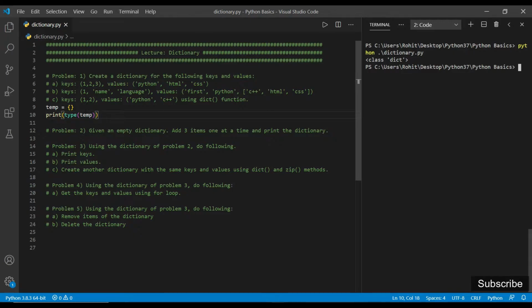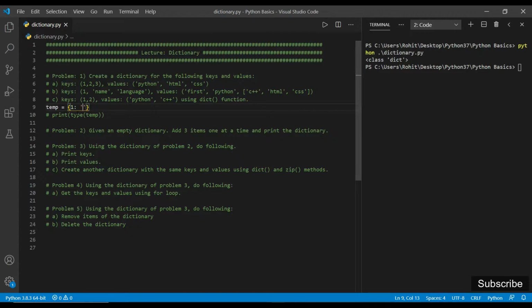So we have created a dictionary, and now we have to insert these values. To insert these values, inside the curly braces we write first the key. So we have the key as 1 and we have to write its corresponding value. So after the key we have to use a colon and then we provide its value.